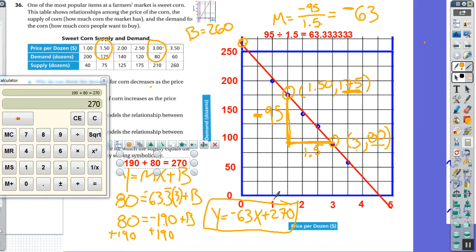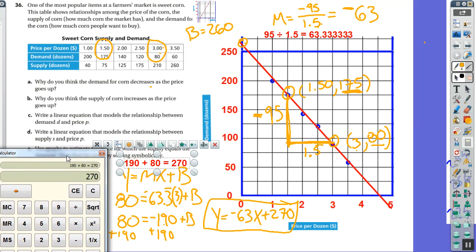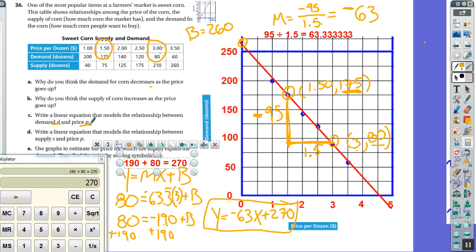But wait a second. You remember we started with different letters, didn't we? So now we need to determine which is d and which is p. Is demand the y value, or is price the y value? Well, I can look on the y-axis and I can see that demand is there. So really, we do have our y equals mx plus b equation, but we need to use the variables that are listed in the problem. So since demand is on the y-axis, we have d is equal to negative 63 times p, since price is on the x-axis, plus